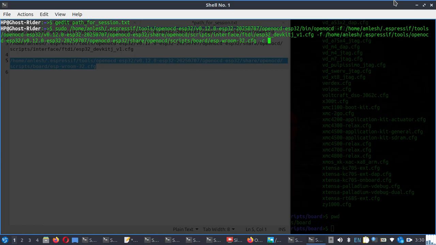So for GDB port I am providing 3333. Then I am providing telnet port 4444,